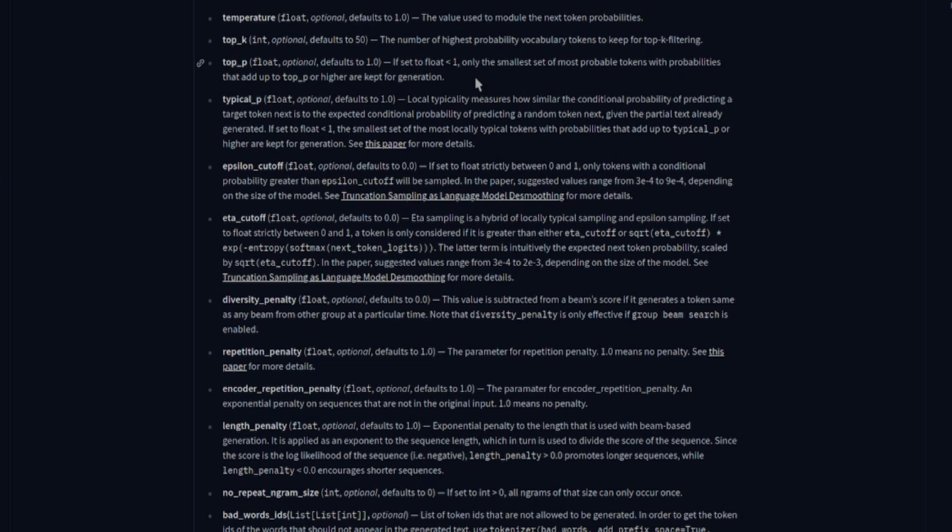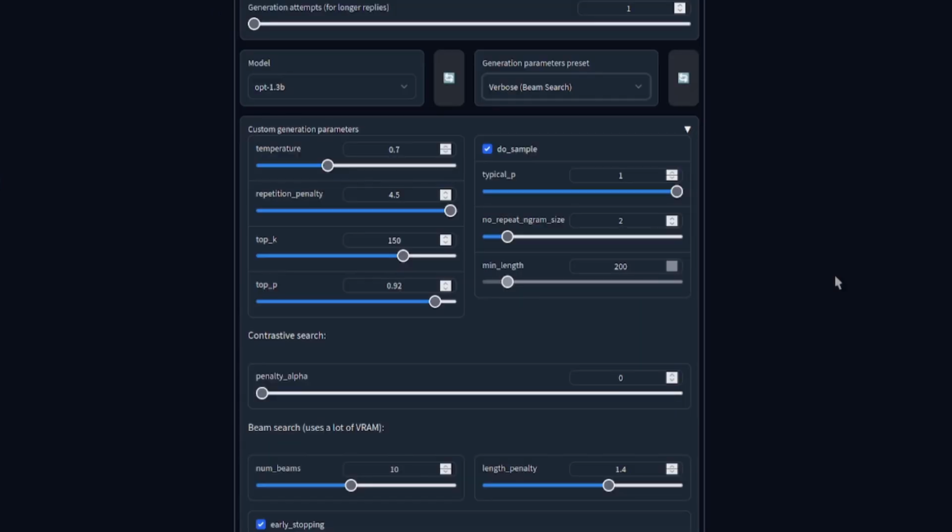There it will tell you exactly what temperature and top P and top K are, but don't worry, you don't really have to understand all these options completely. In essence, the text is being generated by predicting the next token, and these parameters impact those predictions. If you think of it a little bit like a scale for predictions where the range goes from really, really good to really, this probably isn't what you want at all,